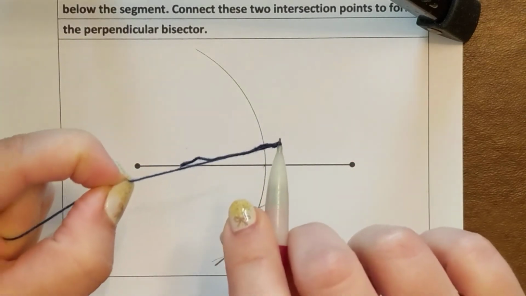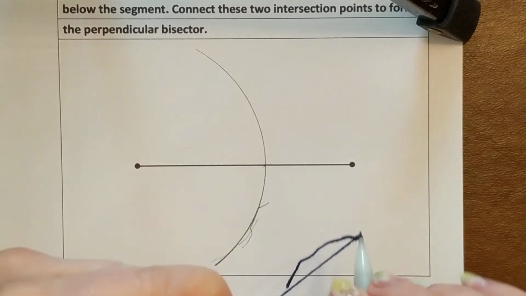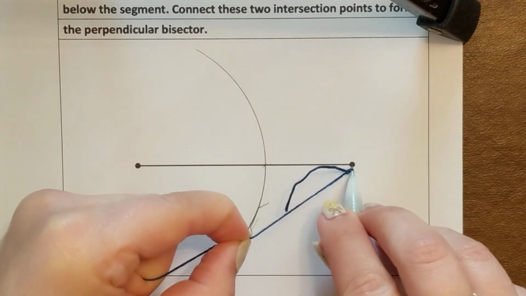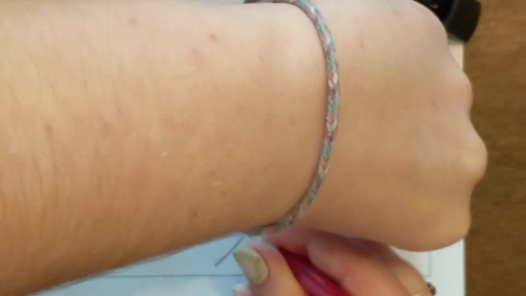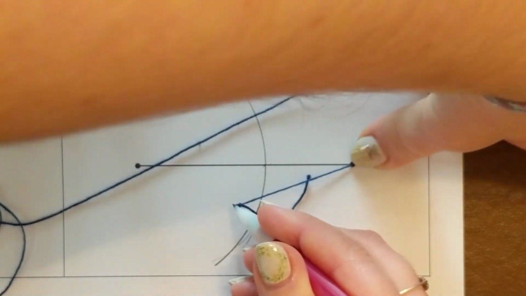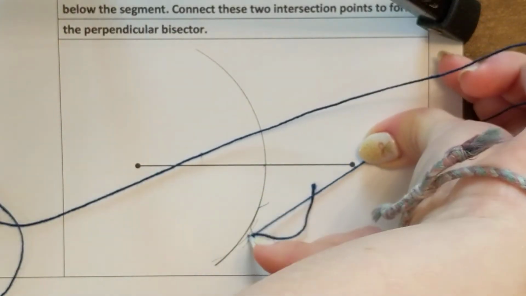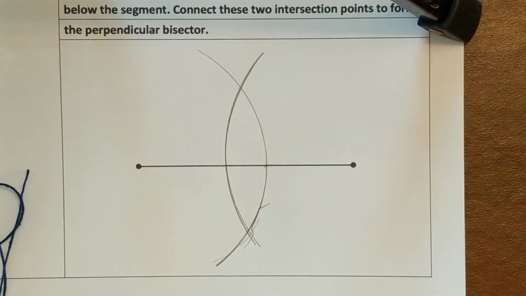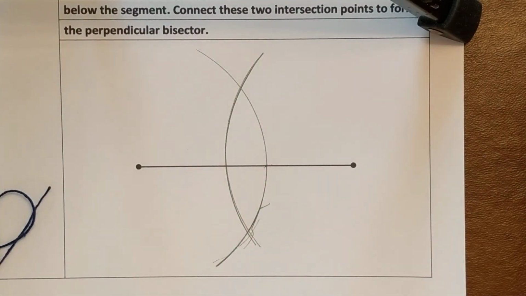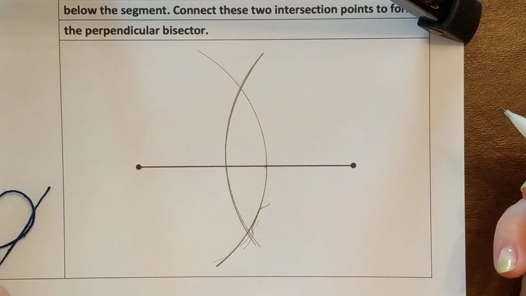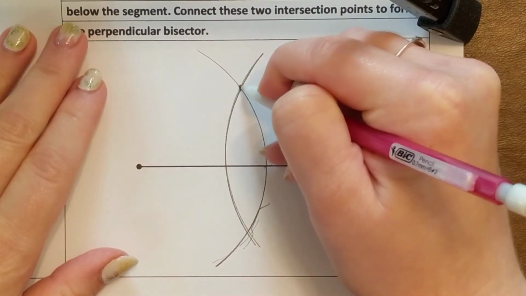And then keeping that length the same, I'm going to want to turn it around to here, but I want my pinched part to be at that end. So I'm just going to try my best to show you without my arm being too much in the way. And create that second arc. Again, this isn't the best because a string and pencil is not the best construction tool we've got, but